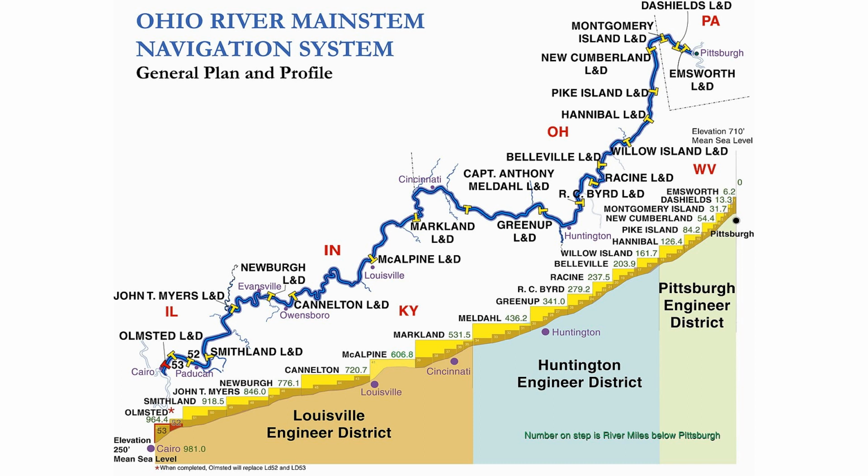Central control. The Ohio River is navigable mainly because of a series of locks and dams along the river. I know several people in here work at the Huntington District of the Army Corps of Engineers, and so you're more intimately acquainted with all of this than I am. But